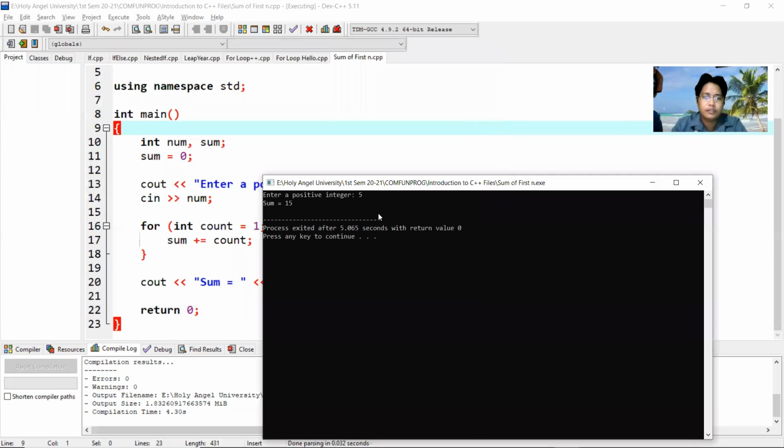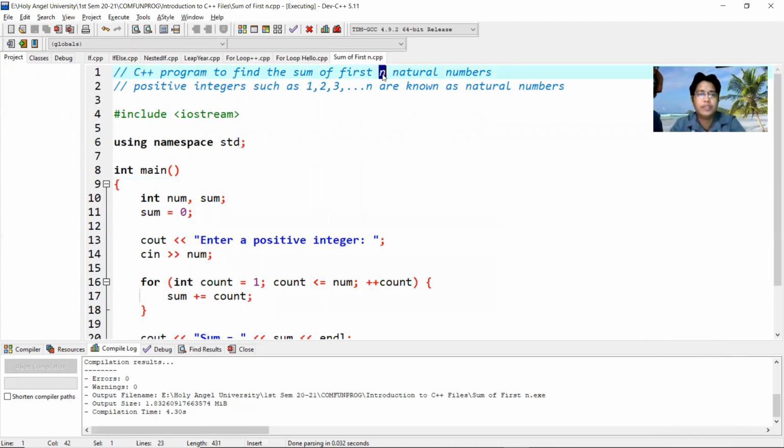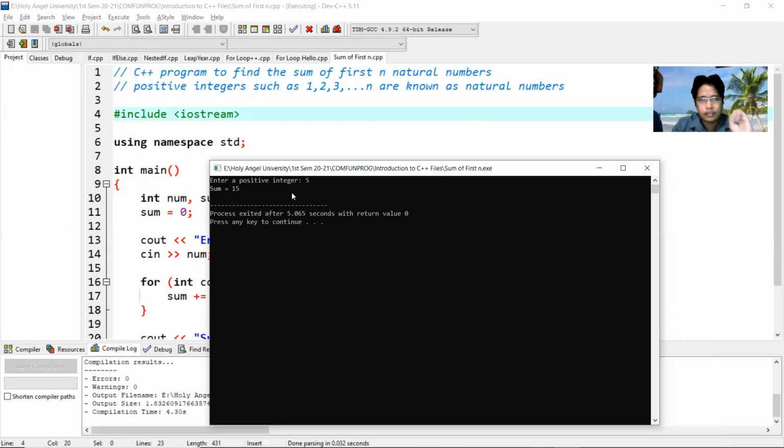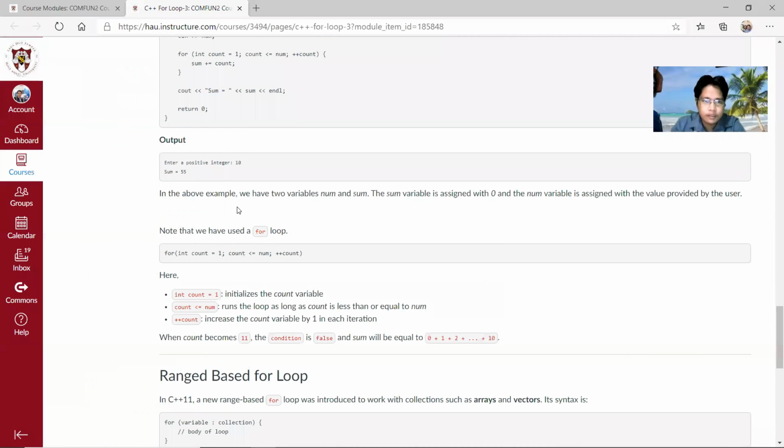So the sum of the first, say, 5 numbers, so the positive integers such as 1, 2, 3, and so on, are natural numbers. So it added all the positive integers from 1 to 5. So 1 plus 2 plus 3 plus 4, okay, and then plus 5. That arrives to a sum of 15. Okay, then